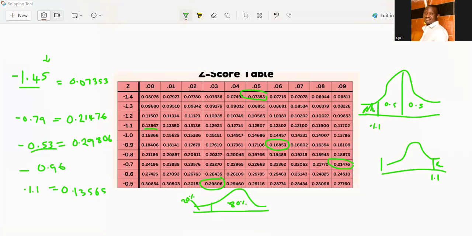So in the event that we are asked to say, suppose the value of mean is 10, the standard deviation is 3. Find the probability that x is greater than